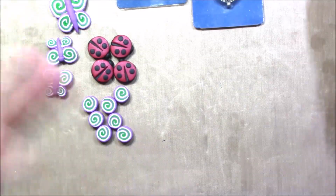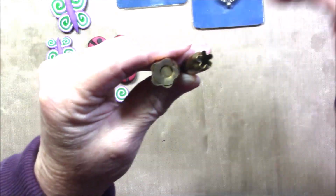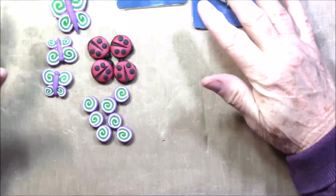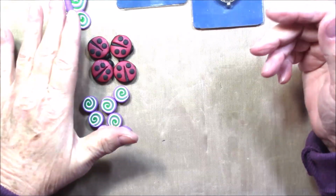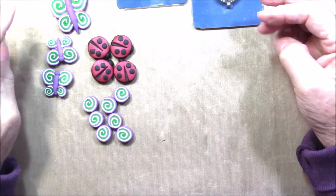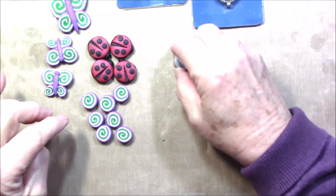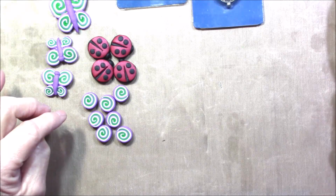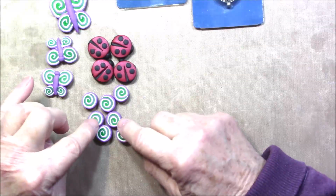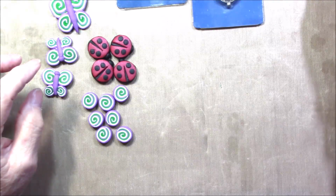But never mind. You could also use these cutters. These are like flower cutters. They're in different sizes. These are also Kemper cutters. And you could use the same colors. I've used the scraps in the bonus film that I've got at the end of this video. So I don't have scraps to use, but you could have used these scraps and say maybe punched a purple flower and put a green center in it,